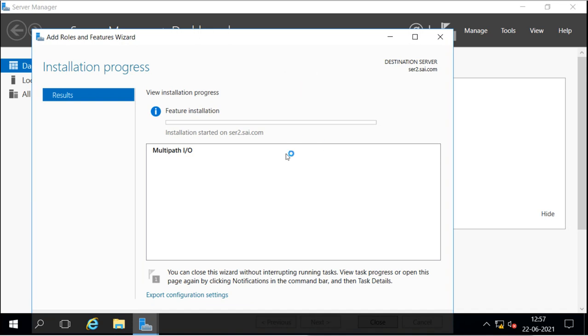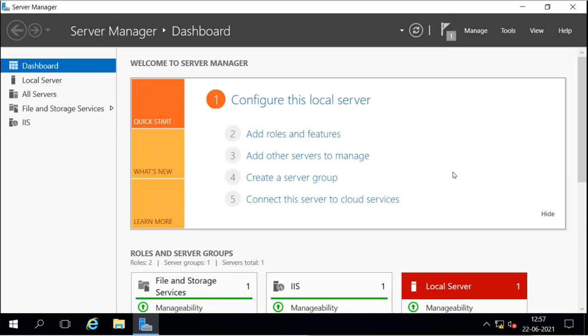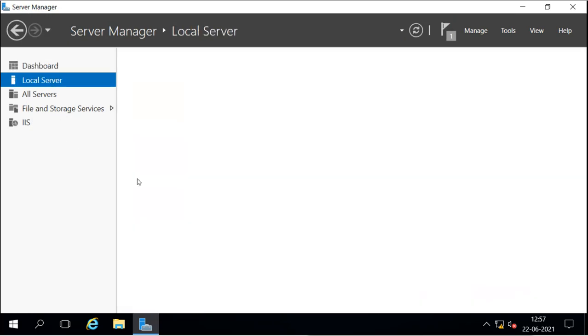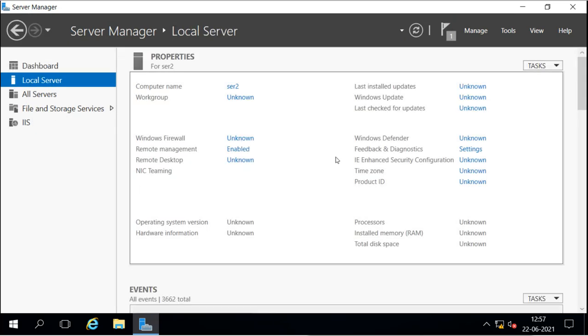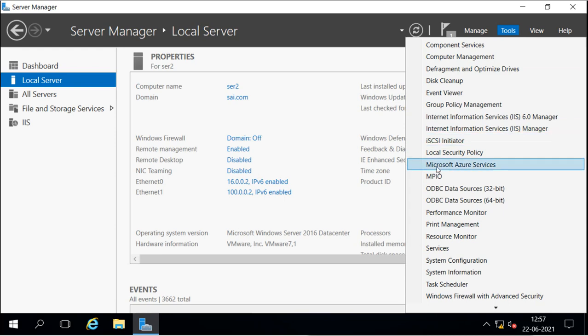And it is now finishing the installation. And now it is done. So now I will close this, and after installing this feature, I will go to Tools, and now here we have Multipath IO available.